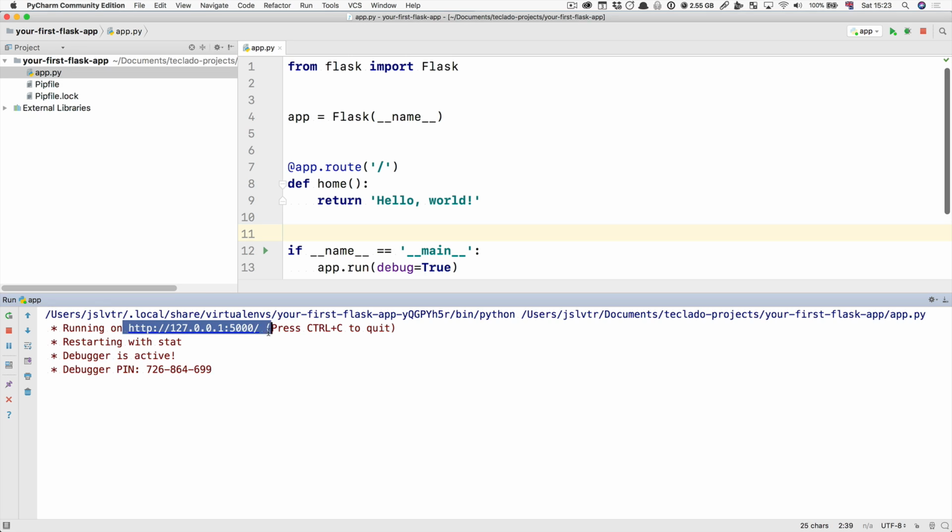This here is the address of the application. When we send a request to this address, it's going to be interacting with this Flask app, and the Flask app can then choose to return some information. Let's go over to Chrome